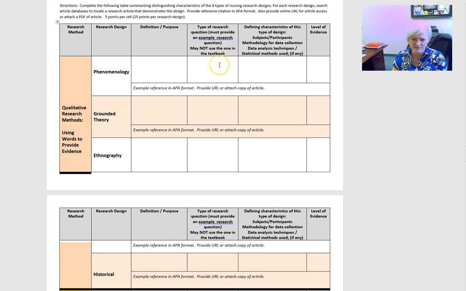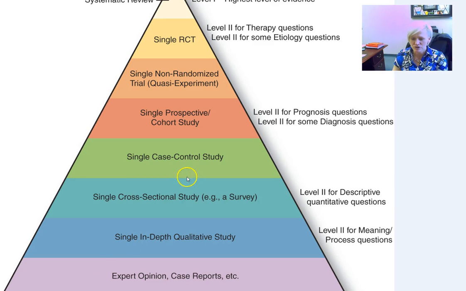Let's skip over this type of research question just for a minute and go to the defining characteristics of this type of design. That will come from your book chapter or from the PowerPoint lecture that I have posted. You can get some of that information from it. So you fill in the defining characteristics, and then I want you to look at the level of evidence. When you look at the level of evidence, let me find it,